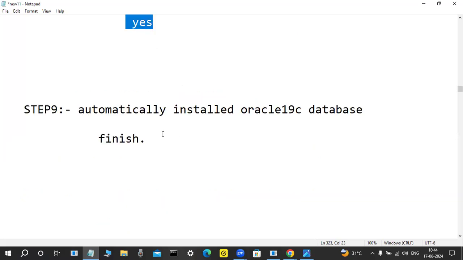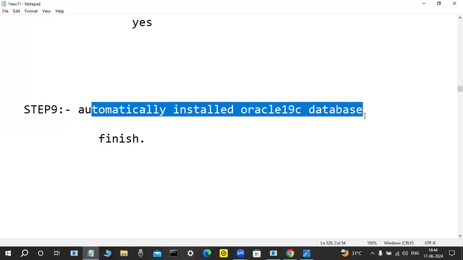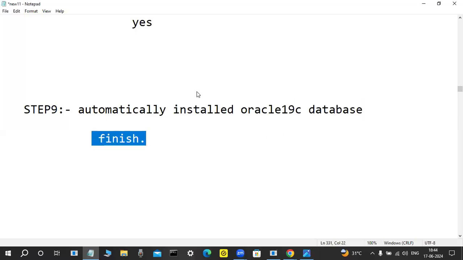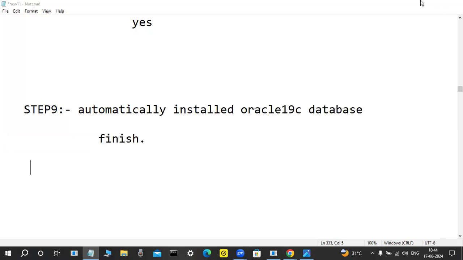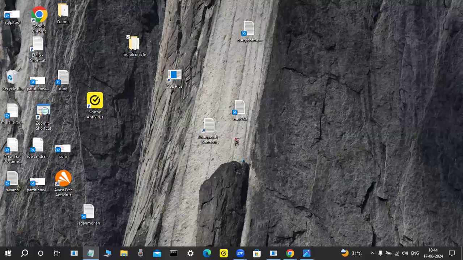Okay, next, step 9, the automatic installation of the Oracle 19C database is finished. Simple, nothing else: you only give ORCL, and a username and password, any password is fine. Finished. Now once your installation has finished, then we open